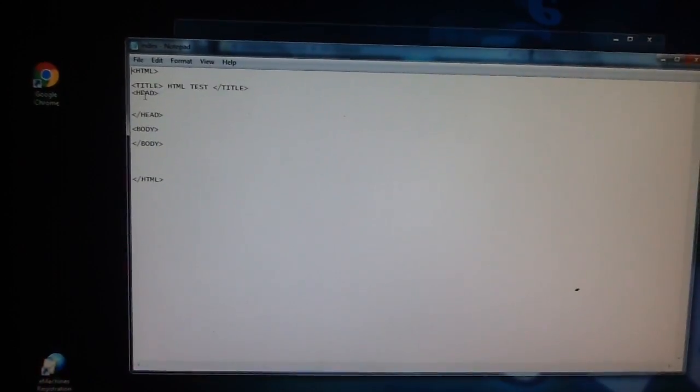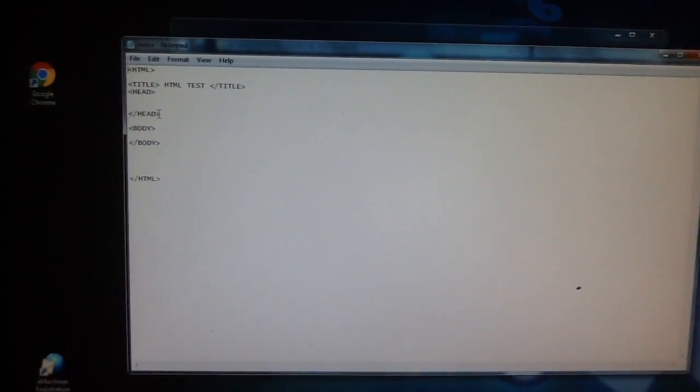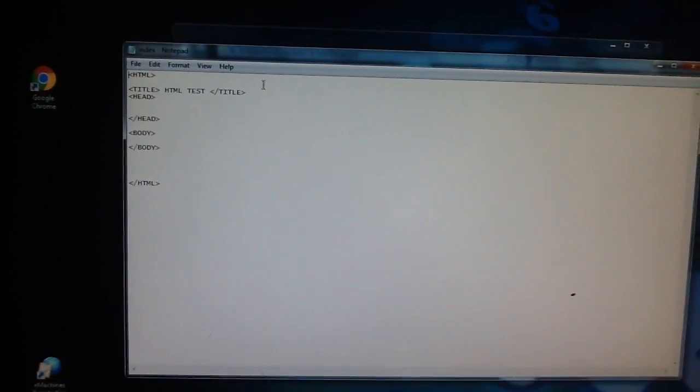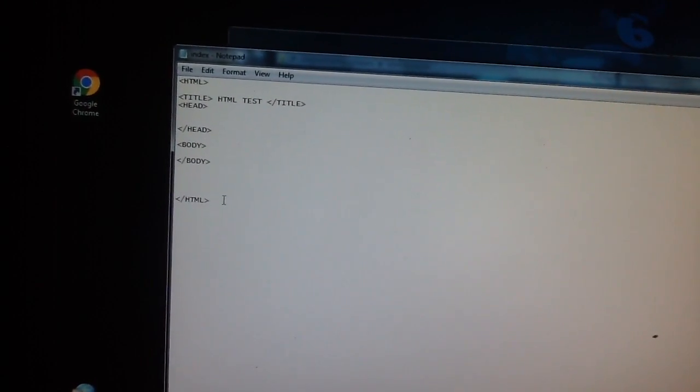The header, or the head, would be like the title of the page. It usually comes up right here at the beginning. And the body would be what we have here, since we actually don't have a header here. And after you do all this, you would close with left arrow backslash HTML right arrow,